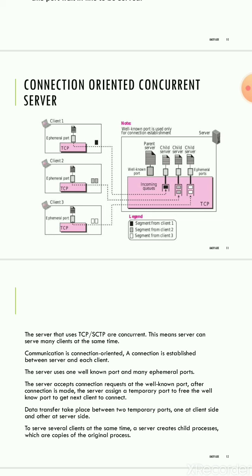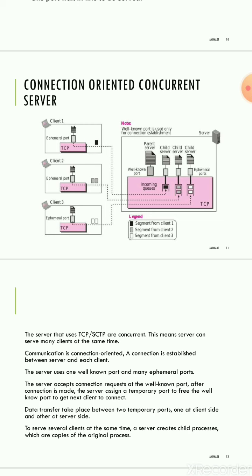After the connection is made, the server assigns a temporary port number to this connection to free the well-known port number. The server creates a new port number for the child process and makes itself free to use the original well-known port number.